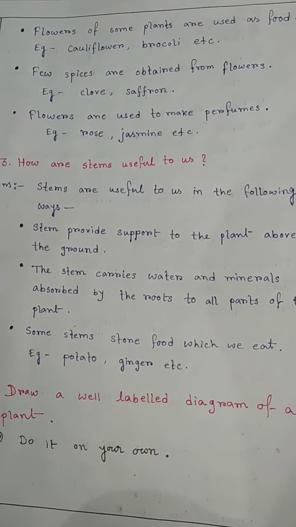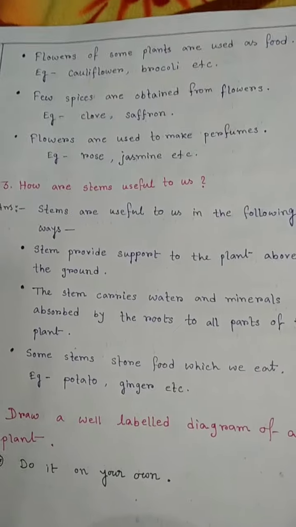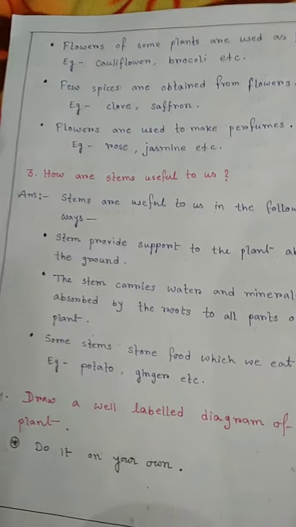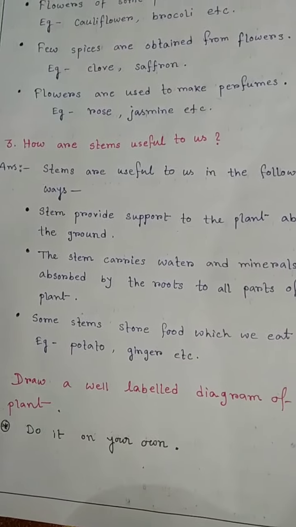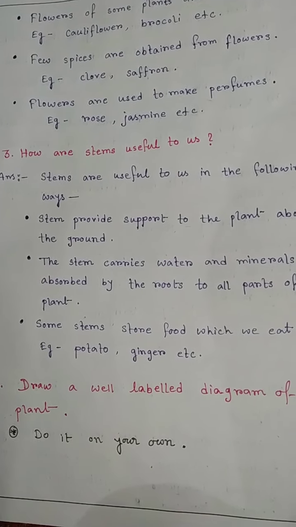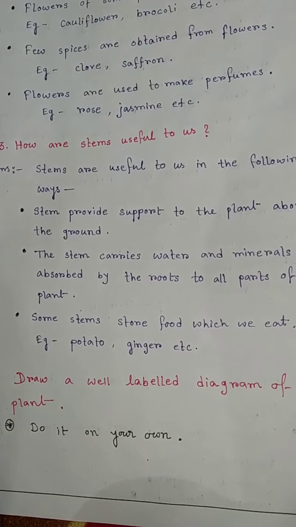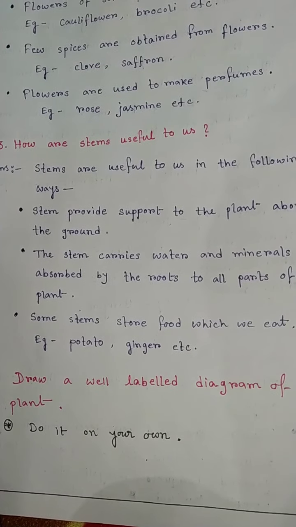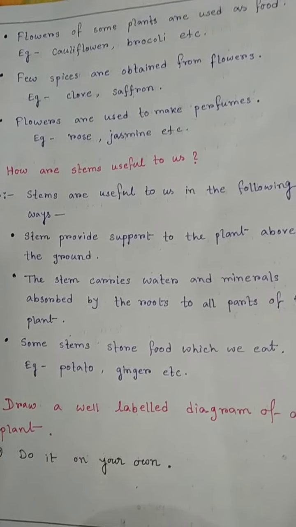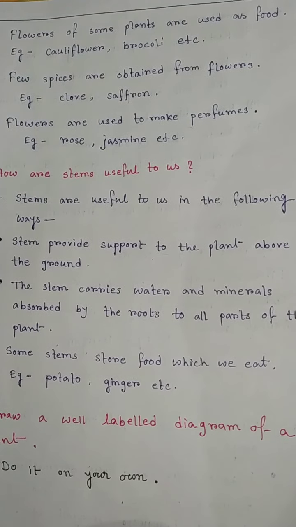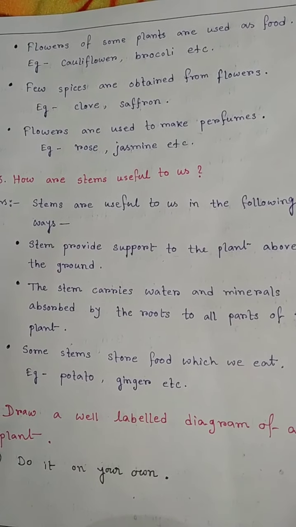So these are the exercises of this chapter. Write them down. Dear student, you have another homework and that is draw and label the parts of a plant. You have to do it on your own. Take help from your textbook, page number 18. Do it in the white page of your EVS notebook. But remember, before starting, please mention the name of the chapter.